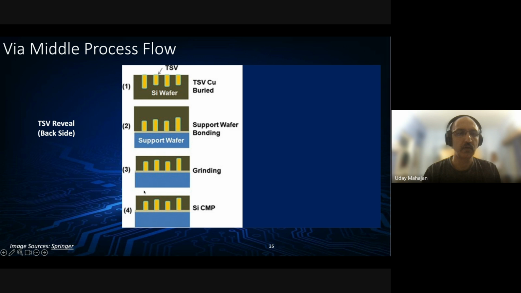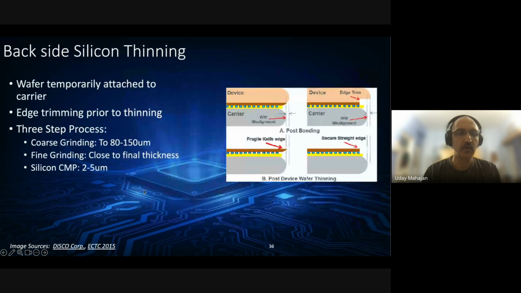Moving on now from the front side processing to the via reveal, or the backside process. First, we start with backside silicon thinning. So here the wafer is temporarily attached to a carrier. And before you do any thinning, you have to do something called edge trimming, right? So where essentially you